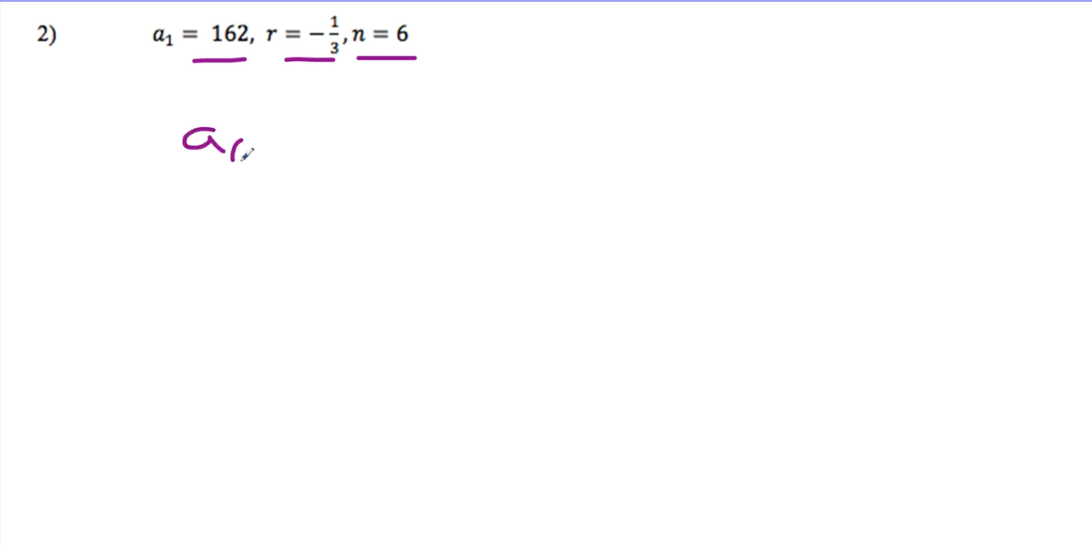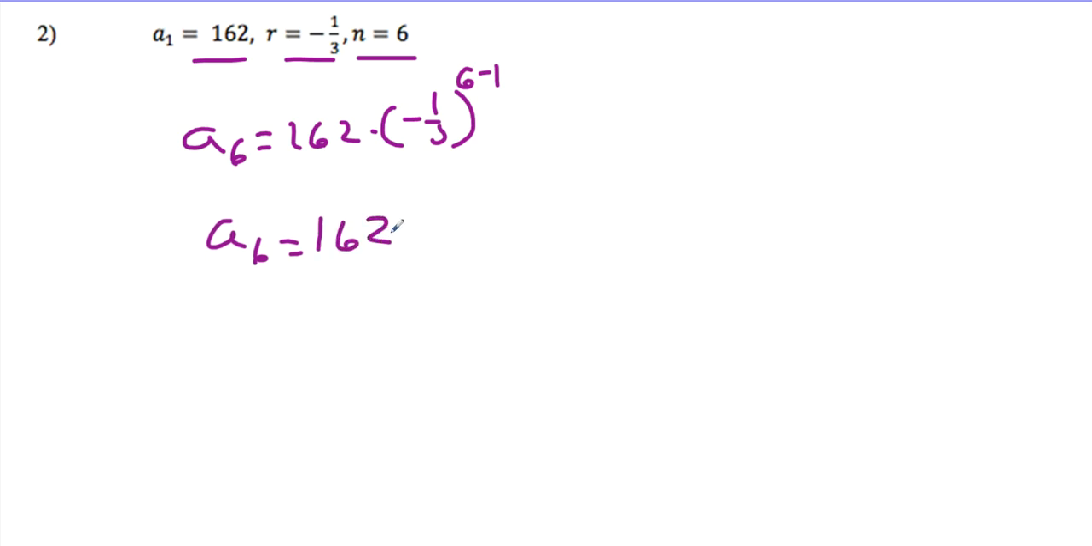It'll be a sub 6 is equal to, well, a sub 1 goes right here. We're going to multiply it by negative 1/3, which we're going to put in parentheses because we've got to raise the entire thing to the power. And then n minus 1 is 6 minus 1, that's going to be the 5th power. So a sub 6 is equal to 162